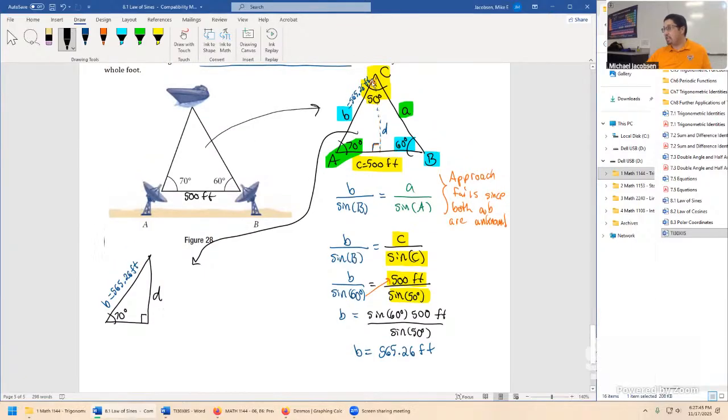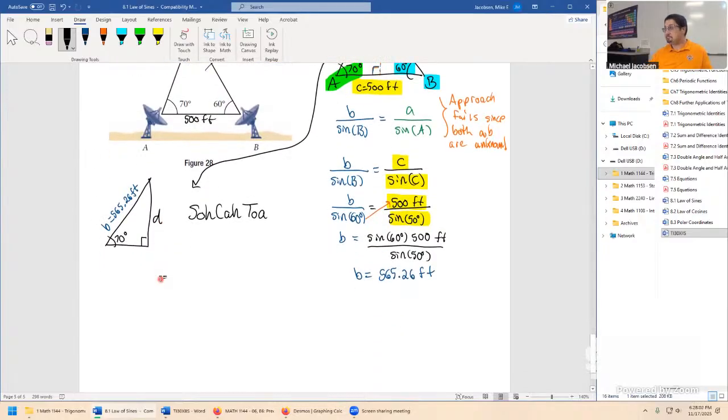So all I've done is just extracted this section right here, half the triangle, well, not exactly half, but this left side, wrote in the right triangle, and now we'll use SOHCAHTOA, back to right angle trigonometry, to find the length D. Well, any questions to this step so far, folks?